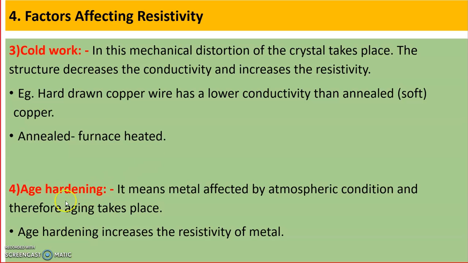Age hardening is also an important factor affecting resistivity. Now what is age hardening? It means that the metal is affected by atmospheric conditions and therefore aging takes place. I told you about the aging effect in cable insulation or oil, as the aging occurs,